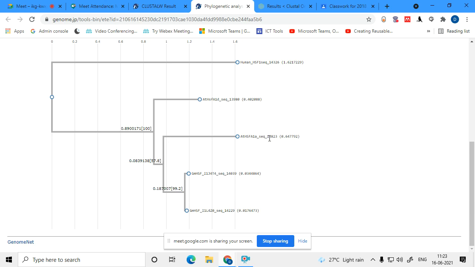But this sequence and this sequence are a bit different, so it also comes out from a different branch. This is the common branch point for A1D and A1B. This is the MRCA point over here. For human and for Arabidopsis and for all of them, the common branch point is over here.